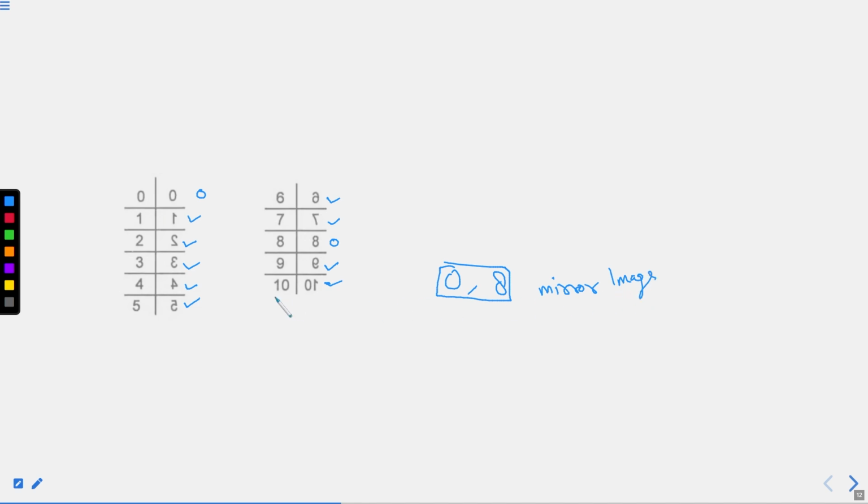Okay, so now if we talk about further numbers, we need 11, right? For 11 we'll have 2 like this and 2 like this. For 12 we'll have this, and for 12 also we'll have this, right? In this manner we are able to figure out all numbers till infinity. But the basic numbers and mirror images that you need to know are all single digit numbers. Rest all numbers are combinations of the same.